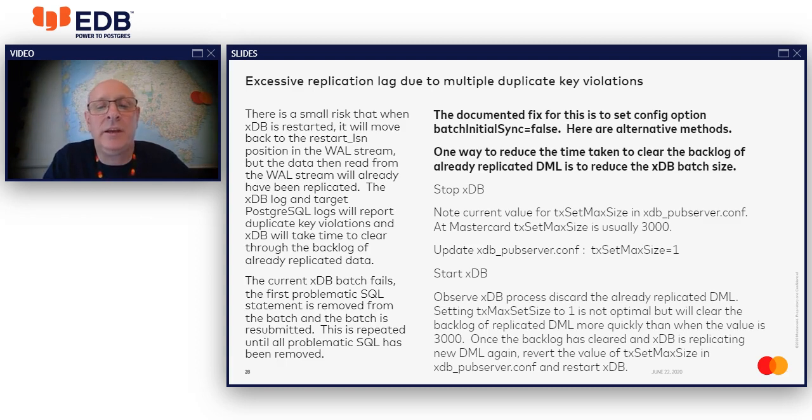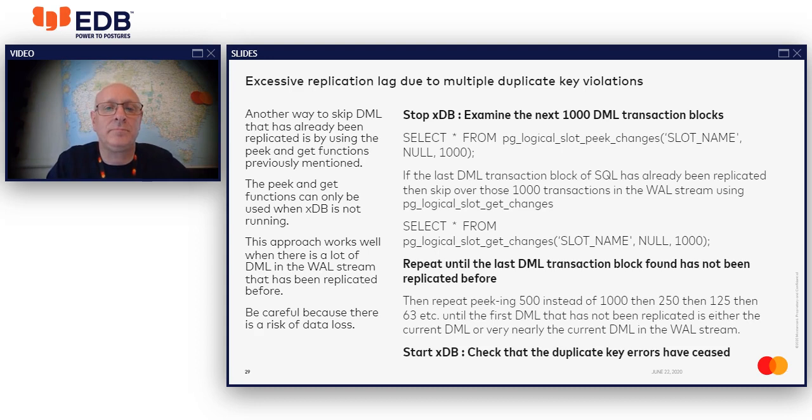And what you'll see is, instead of it reading a batch of 3000, discarding the first item, reading a batch of 2999, discarding the first item, and repeating that, it'll just read one batch of SQL, attempt to execute it. It won't work, it'll move on to the next one. And that tends to work better, but it's still a bit slow. So what you can do instead